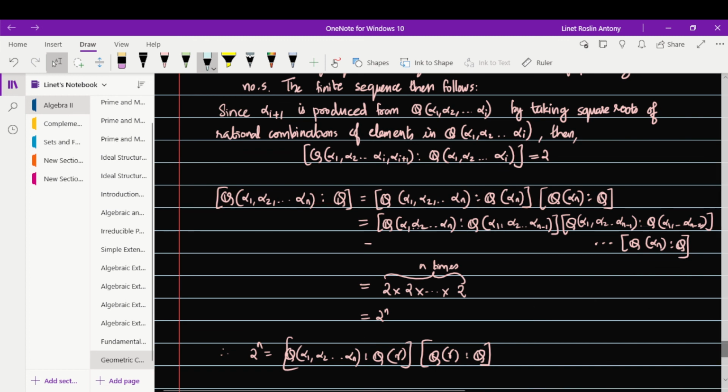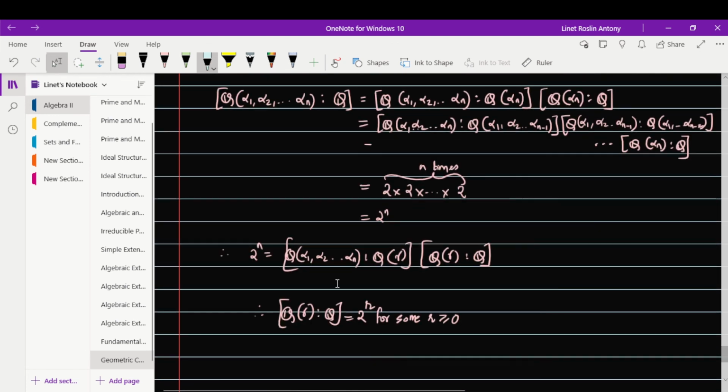So you ultimately get 2 power n is equal to the degree of the extension Q(alpha 1, alpha 2, etc., alpha n) over Q(gamma) into the degree of the extension Q(gamma) over Q. So you understand that this part will be definitely equal to some 2 power r for some r greater